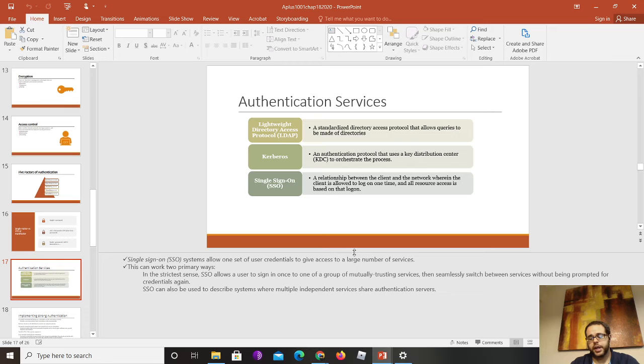But you have a trust to D12, right? To be able to use all that. So that's basically what single sign-on is. You log in one time and you access all the resources, but there has to be a trust between all these different resources by all these different organizations.